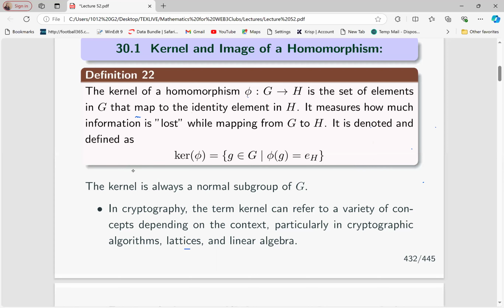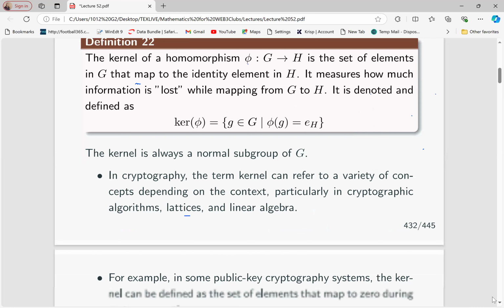When you look at those concepts, they mean the same thing, but are defined slightly differently to be used in that